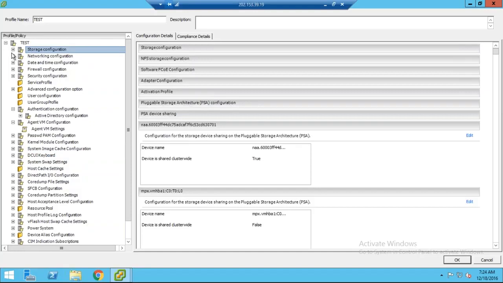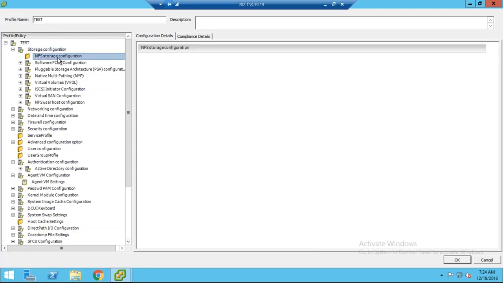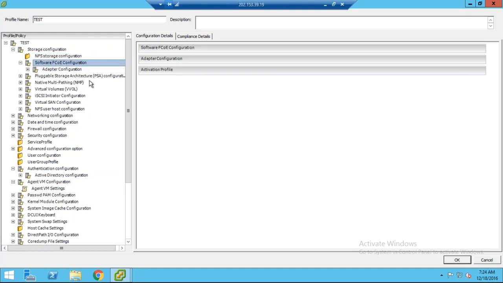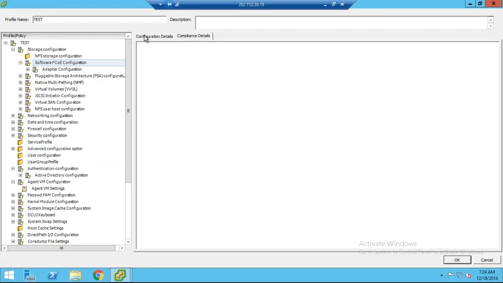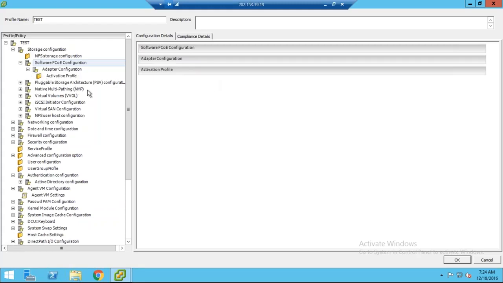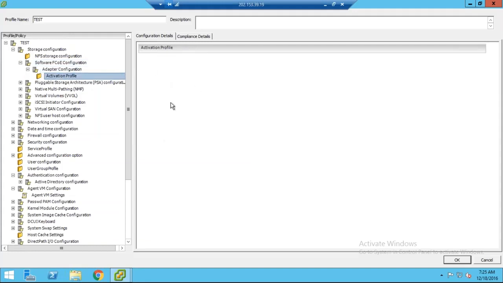Let me take an example, storage configuration. If you have NFS configuration, use this NFS configuration information. If you have configured storage Fibre Channel or Ethernet, you have to use this. Under Fibre Channel or Ethernet, you can define your software FCoE configuration, adapter configuration, and if there are any activation profiles existing, you can enable that. And the PSA,